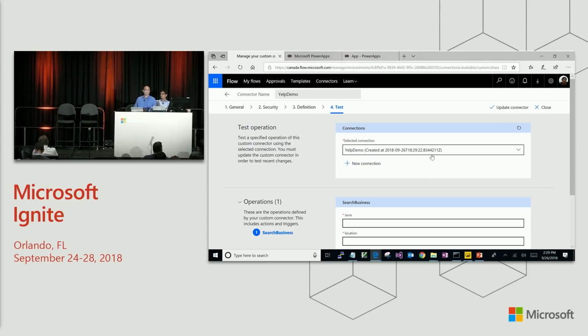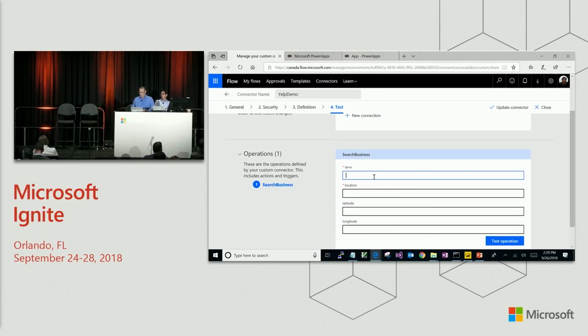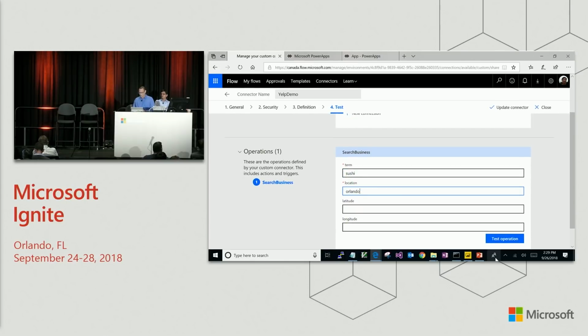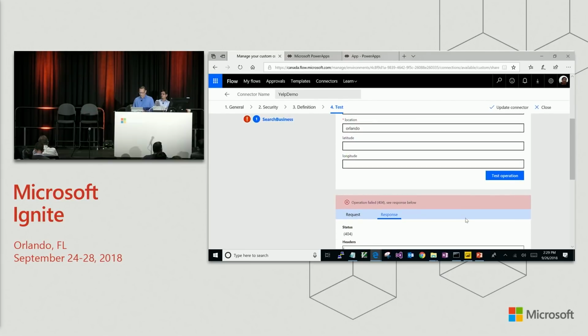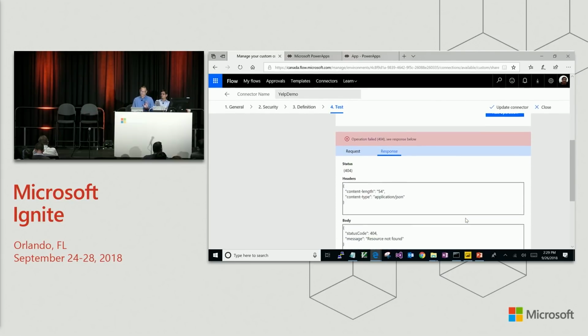Right, OK, so this is the connection that we just created. I want to search for, say, a sushi bar somewhere in Orlando, and you click on test connection. It does take a few minutes for the operation to be reflected because I just created it, but it should just work. Now, once we have created this connector, what you can do is go back